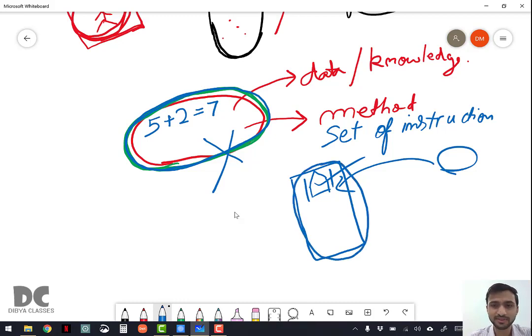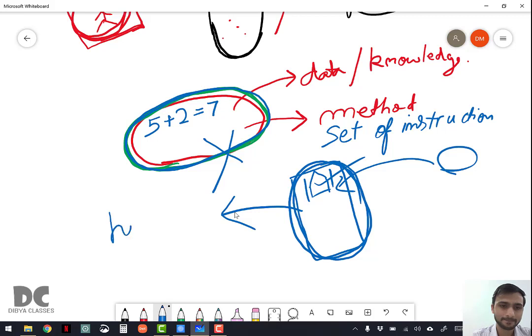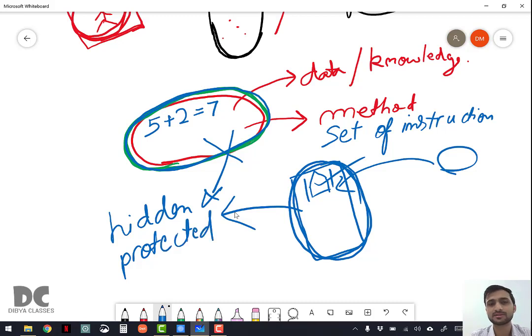So when covering up things, it helps to make the data and methods both hidden and protected from others. It keeps the data hidden and protected from others. That is the advantage of encapsulation in Java. All the programs you will be writing in Java will use encapsulation, where it is hidden and protected.